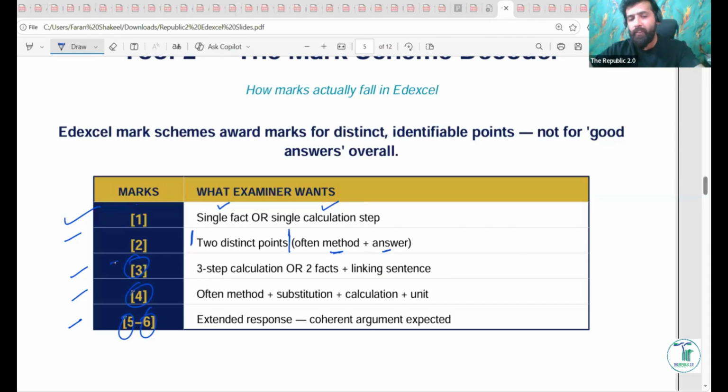You guys mess these sort of questions up a lot. If this is a 3 marker question, think like an examiner. What are they telling us? If it is a calculation related question, you are going to give me a 3-step calculation. Or if he's asking you about something, then 2 facts plus a linking sentence. Very important, right? Maybe now you are not able to understand what I mean by 2 facts and a linking sentence, but whenever I do some questions after this, you'll get to know that, right? So whenever there is a 3 marker question, you need to give at least 3 steps